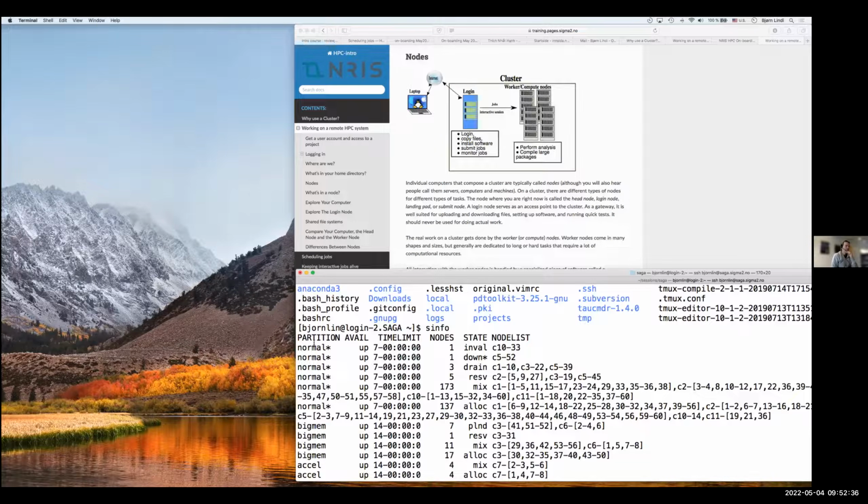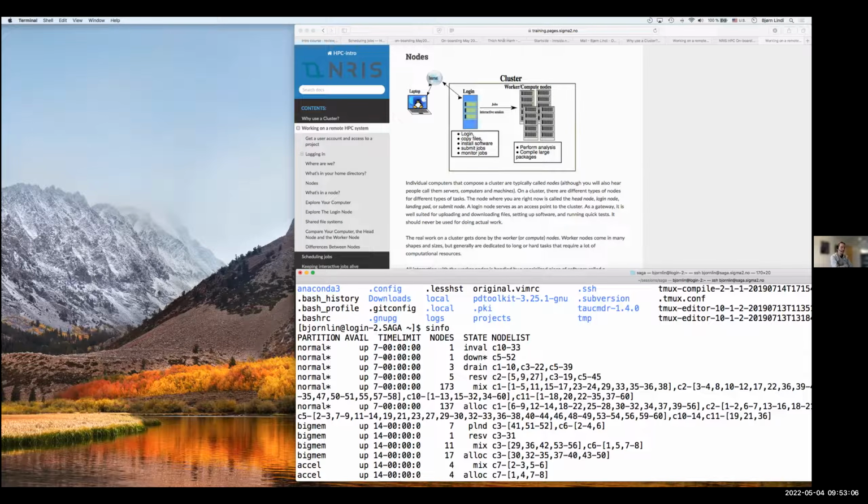Is it important for me to know which numbers, because there's a ton of numbers? Do I have to know this in the future? Most of the cluster nodes are of equal size and have equal hardware architecture, so it doesn't matter where you run your job.